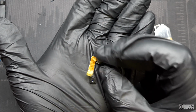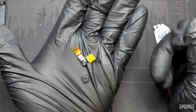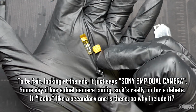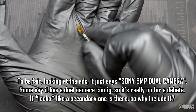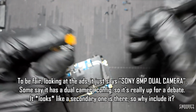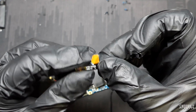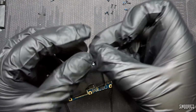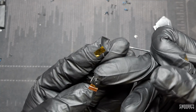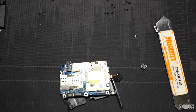I will contact Blackview about this and ask what's the deal with saying that it has dual rear cameras when it actually doesn't. And you can't call a flex ribbon with no sensor on it a camera. That doesn't count. But that is actually very interesting. So I'm going to just go ahead and install that back in the phone like so, and we'll see if it does work. And the front camera is just this one here, and the code on it is either WX660